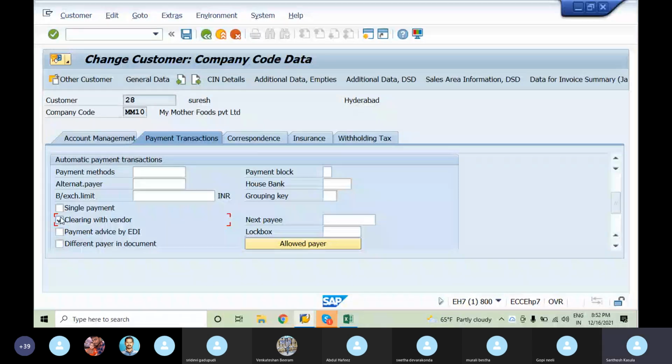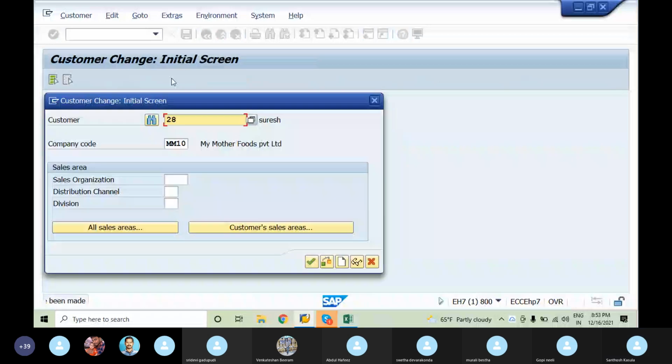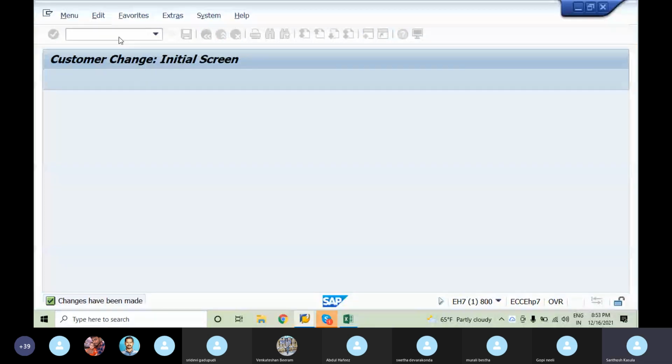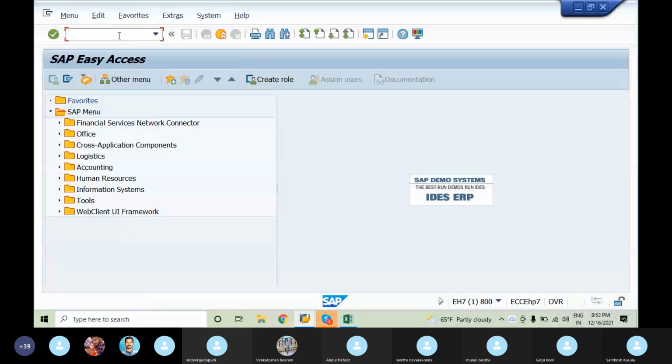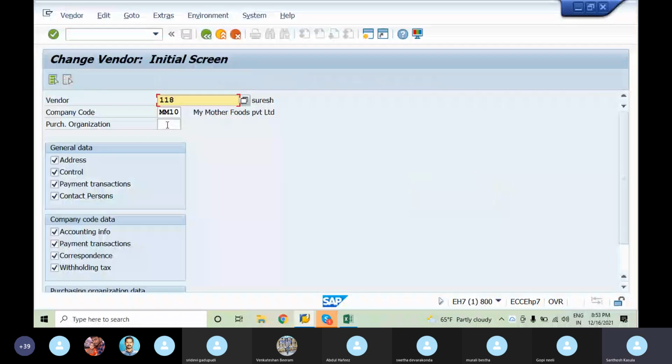In a similar manner, in XK02, this is the option, clearing with the customer. We are selecting this.